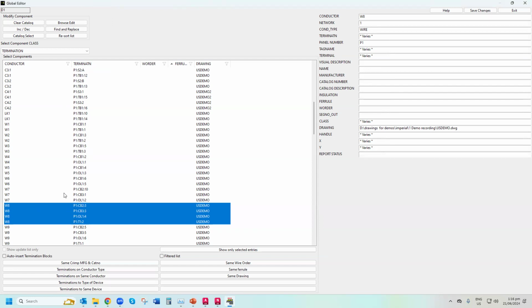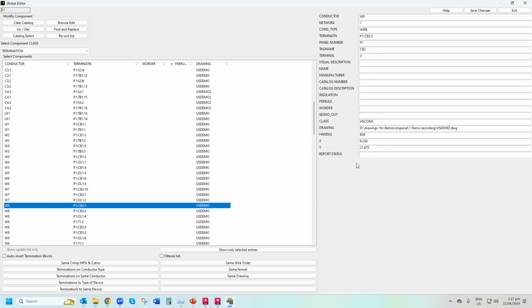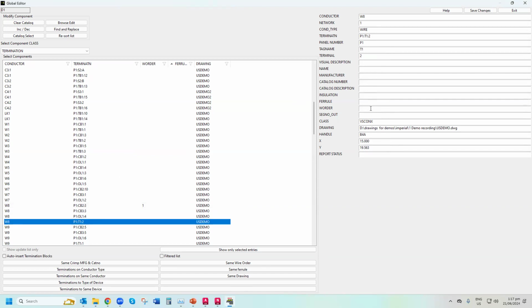But the 2 possibilities: number one, if you don't have a 3D model, it can't work out the shortest distance. And number 2, people might want to wire things in a particular order. And that's what W order stands for, wire order. I can say I want to have it going from there. There you can see there's an attribute wire order to there